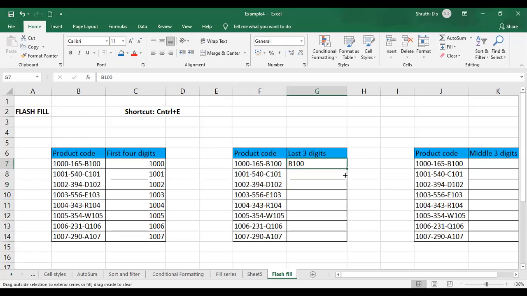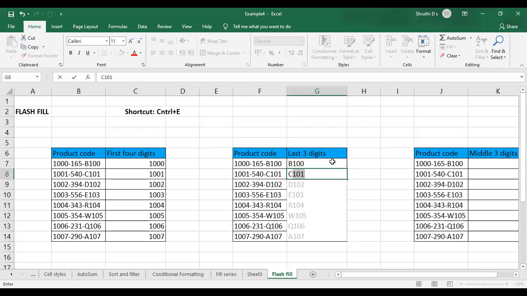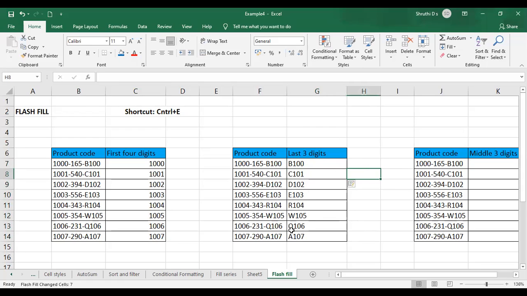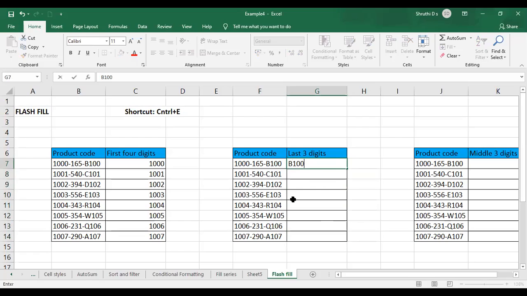Okay, so now just drag and drop up to this. If you don't get it, it is in a series, right? So what you can do, just give up to 2 cells, B100. After that, you can just go and give C101, you have, right? What is the thing that happened here? You can just even do this or just drag and drop over here. Automatically, whatever pattern you are having, the same thing will be repeated. Even if you don't give it, the same thing will be repeated after you.